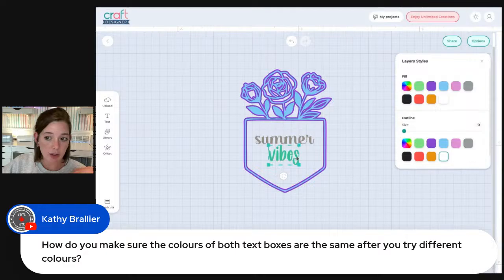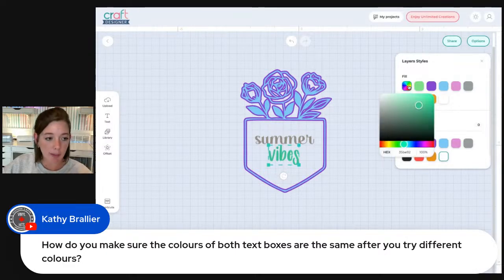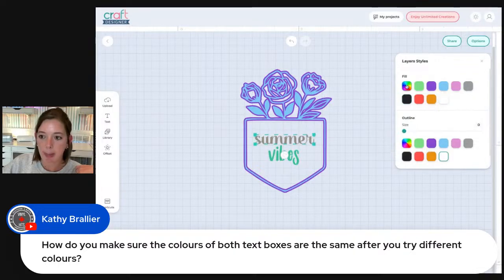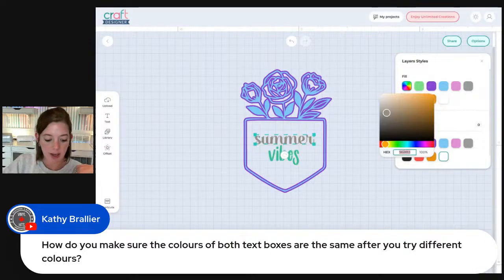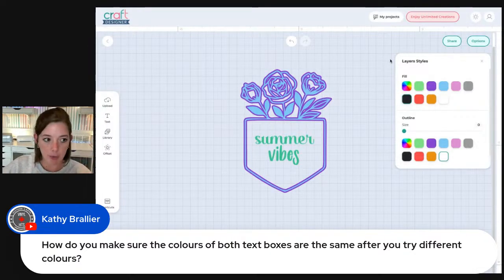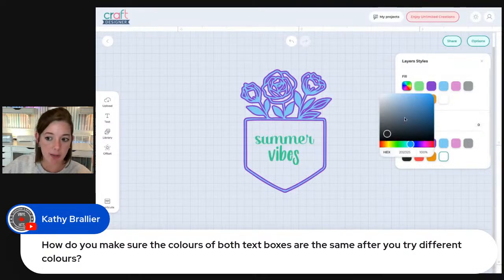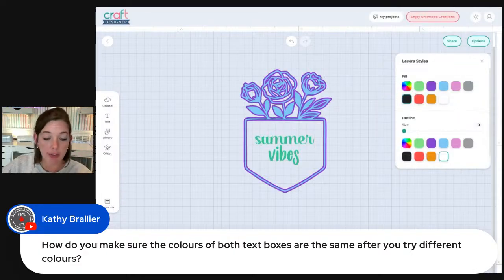The way I like to do that is I come in here, and if you click on this little rainbow again, it's going to automatically have selected the color that you chose. So I take this little hex code and I copy it. And then when I come back over to summer, I can click that rainbow again and paste that exact same color in. And that's how you can make a perfect match. So the best way to get a perfect match, especially if you go play with custom color here, is to copy and paste the hex code. And then you can know you got the exact same one.